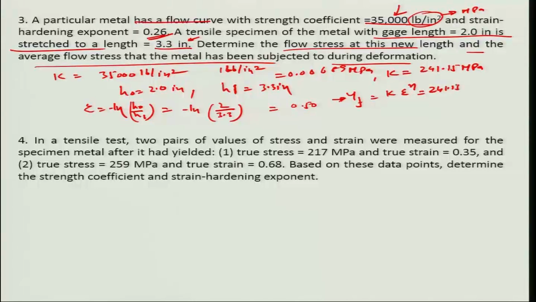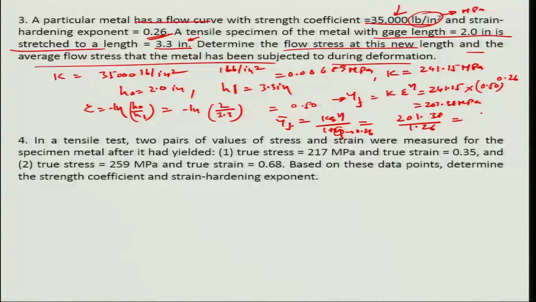So 241.15 times 0.50 to the power of n, which is in this case 0.26. It has been given as 0.26. So this happens to be close to 201.38 megapascals. Similarly, if I were to find the average flow stress, it is represented by K epsilon to the power of n by 1 plus n. So in this case it is 201.38 divided by 1.26. Remember, n is equal to 0.26. So this comes out to be